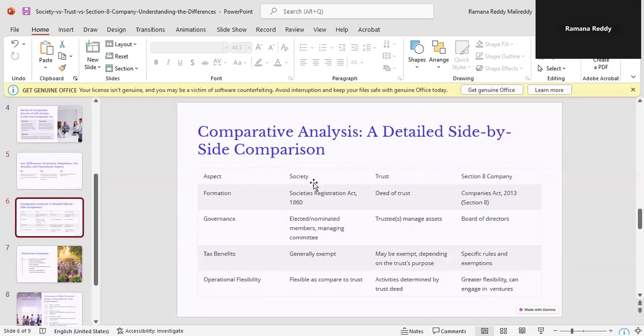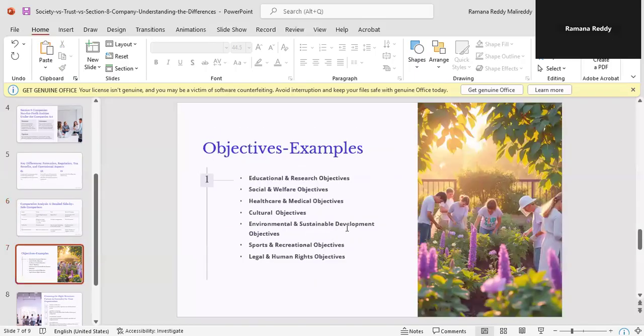This is a comparison. Societies are registered under the Societies Registration Act 1860, trusts are governed by a trust deed, and Section 8 companies are registered under the Companies Act 2013. Governing body: in a society, elected or nominated members and a managing committee will be there. In a trust, trustees will manage the assets for the beneficiaries. In a company, the board of directors will manage.